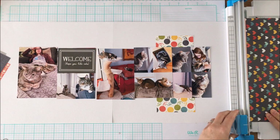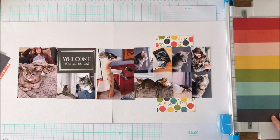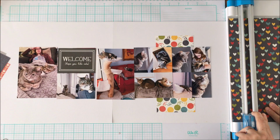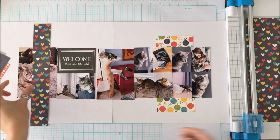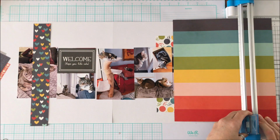So I also have a lot of really awesome paper selections to choose from here. And so to me, one of the best ways of getting a mix of all of those papers is to go ahead and create some banners. So I'm going to do fat banners, skinny banners, tall banners, short banners,